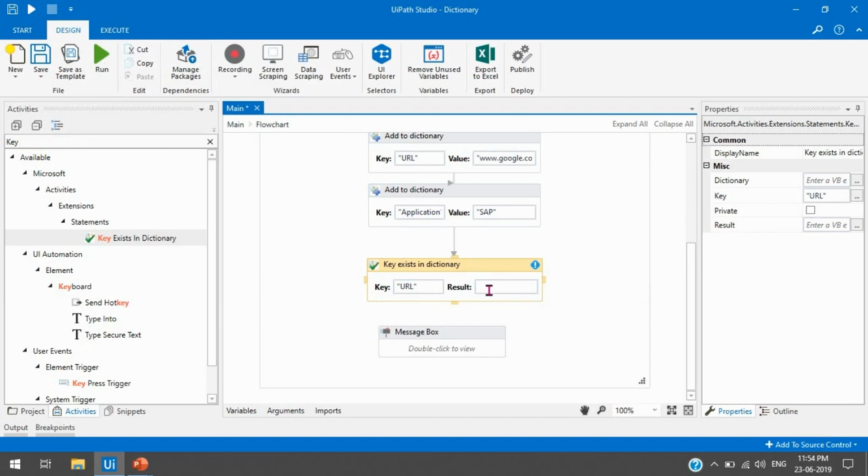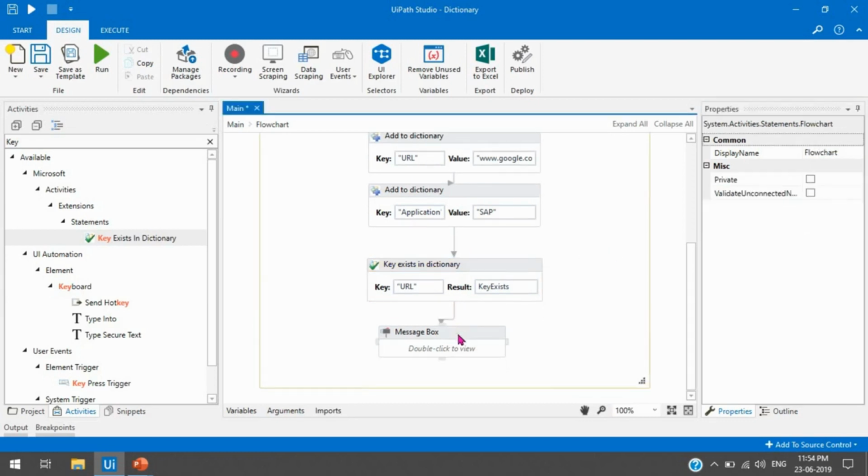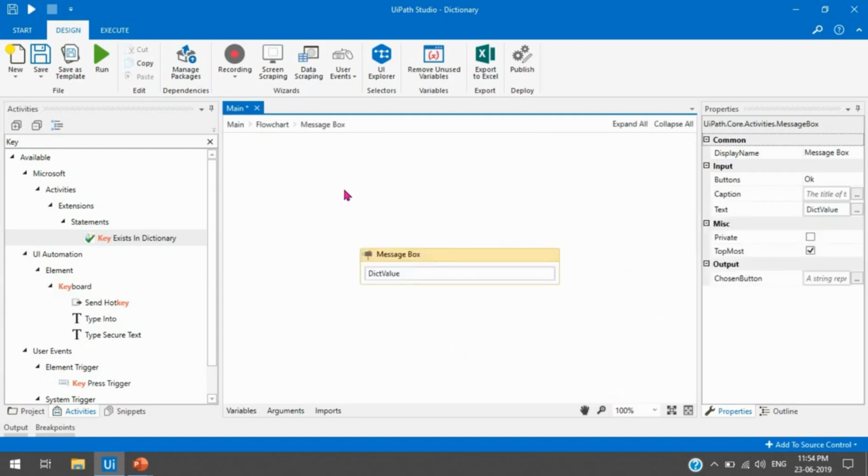So this will show as true or false. So I'm putting here Ctrl+K, and then key exist, the variable will be this, and this will be boolean. Let me select the dictionary variable, and here I am just using this key exist boolean variable, so it will show true or false. If the key is already available in dictionary, then it will show true, and if not, then it will show false here.